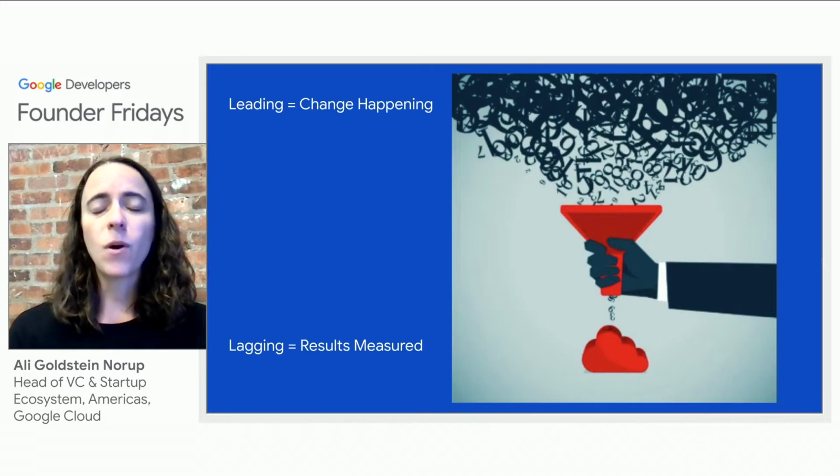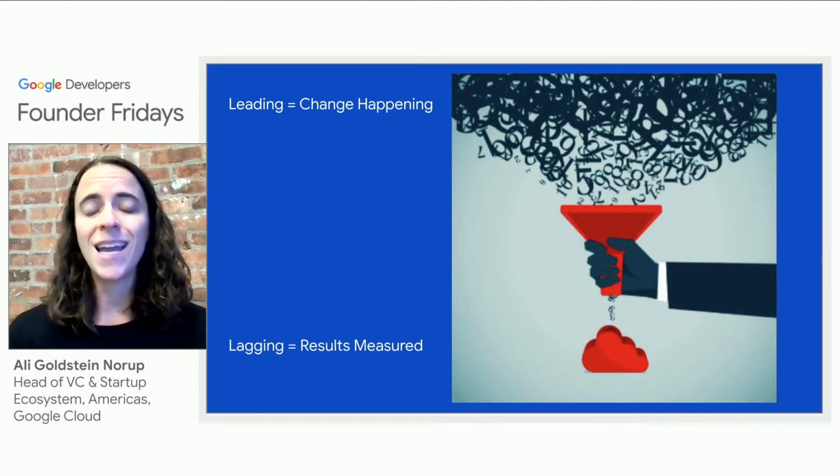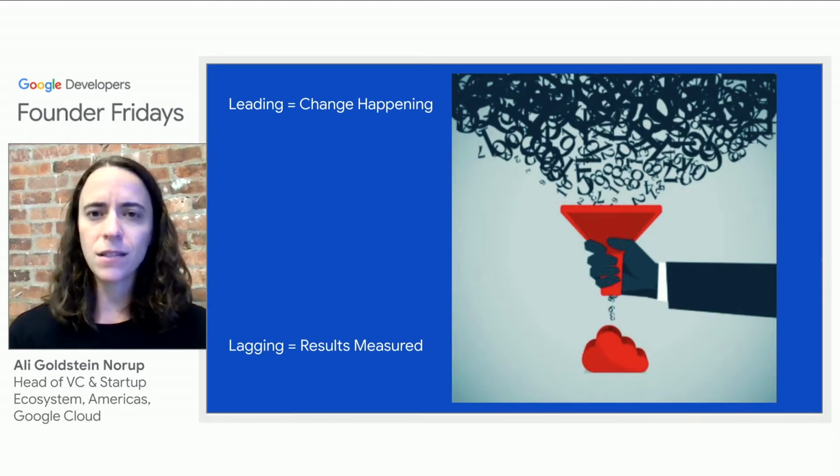With that, I want you to get introduced to this concept of a funnel. Very specifically, at the top of the funnel and all throughout the funnel, you're going to have predictive leading indicators. These are things where, if you change other indicators or change some of the things you're doing, it means that change can happen. And this is important. Whereas the bottom of the funnel, that performance indicator, is a result. It's a measured thing that has already been done.